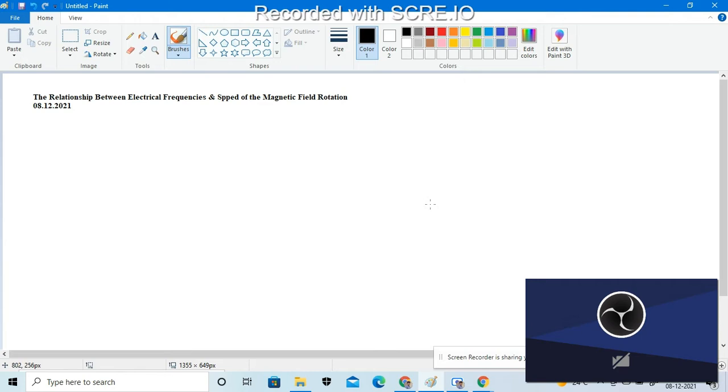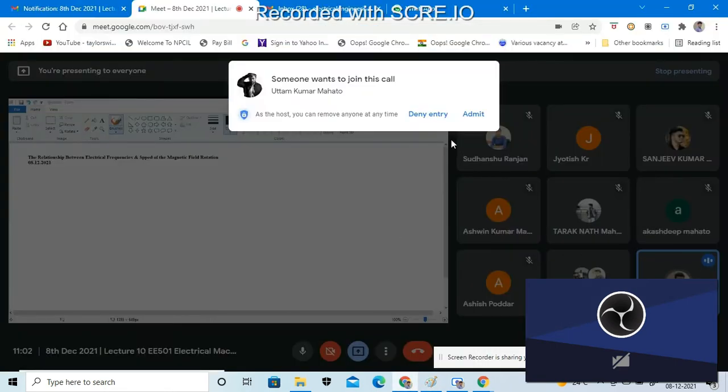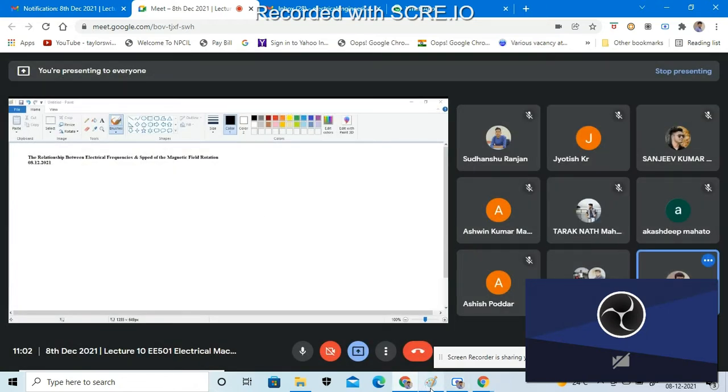Okay, sorry for the interruption. First we have to draw the stator magnetic field. What will be the schematic diagram of a stator, where we represent the two poles, one a north pole and another a south pole? Due to this figure, we will also understand the magnetic pole and the mechanical rotation around the stator surface for each electrical cycle. We will discuss that after the drawing is complete.